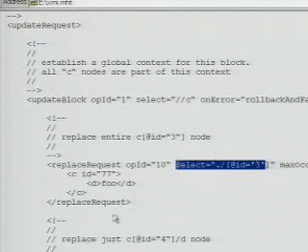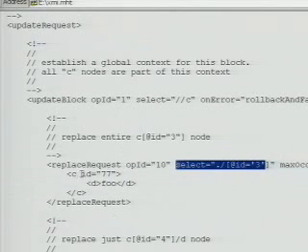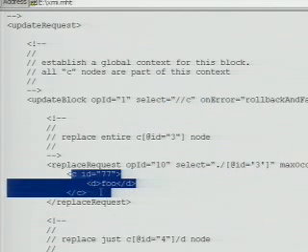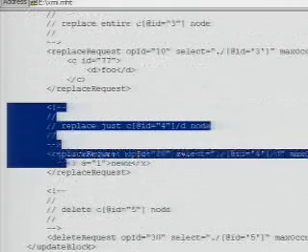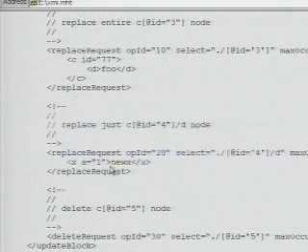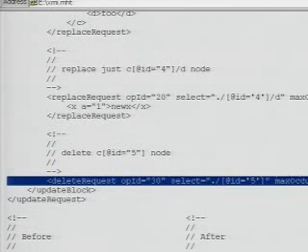Yeah, exactly. So the first operation we want to do here is a replace request, and we're looking for an ID of 3. If you find an ID of 3 that matches C, then I want to replace that, adding an attribute to change it to ID of 77 and put a foo in there. The next operation is a replace request to say I'm looking for anything with an ID of 4, and if you find that, then I want to put an X in there and replace that. And at the very end we do a delete request, and we say, if you find an ID of 5 in here, and there better only be 1, then I want to delete that.